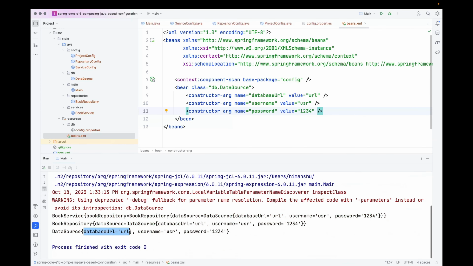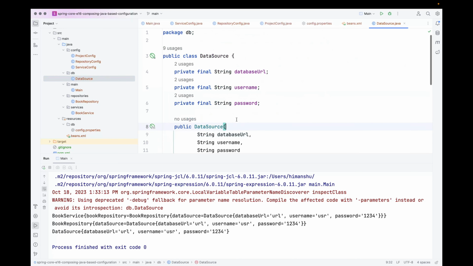So we have database URL, username and password. But you are seeing this warning because we are using constructor-arg. It will work in debug, but whenever you deploy it in production, it won't work. So for it to work fine, go to DataSource, and here on top of the constructor,